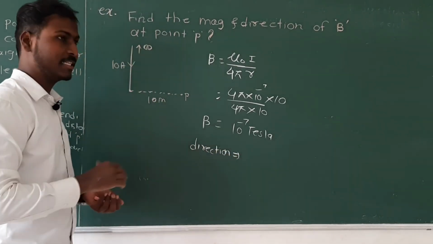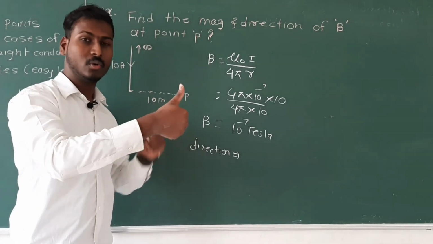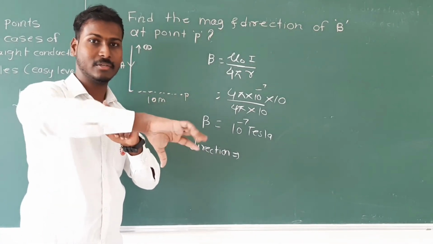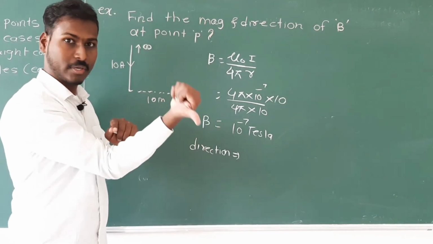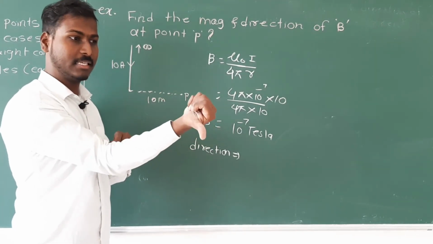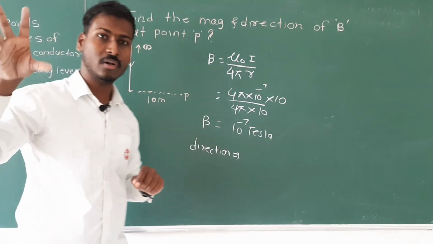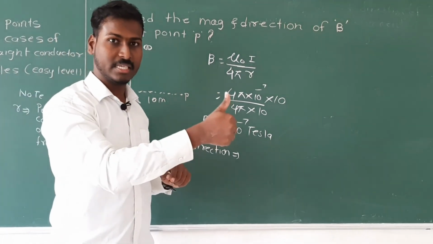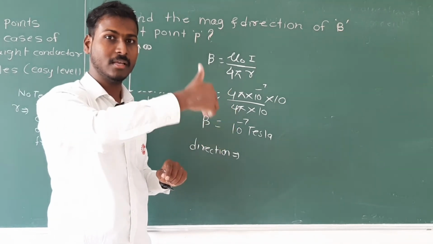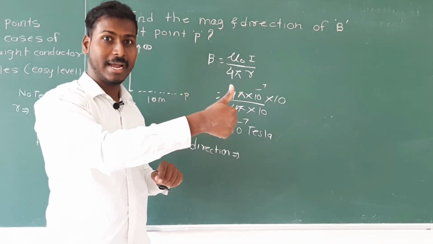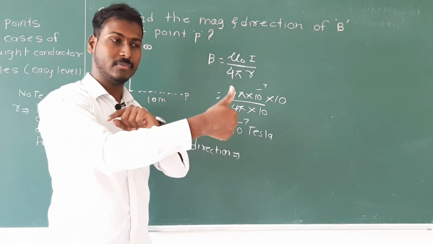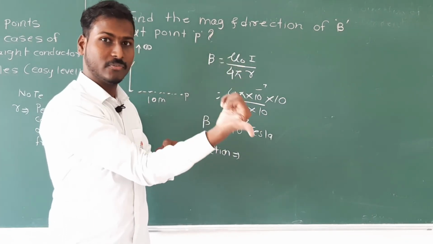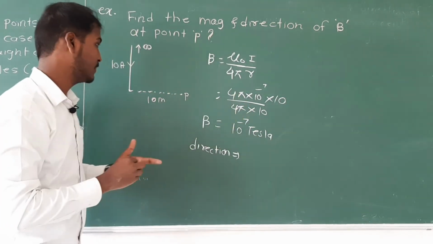See, whenever the current is downward, this is the upward current. Don't do this for downward. Do not do this, this is not right. You have to do it like this. This is the upward current, this is the downward current. If you are forgetting, then just remember one thing: this is easy, and the second thing will not be easy, it will be difficult. So you will do the easy one first, and the difficult one for the downward direction.